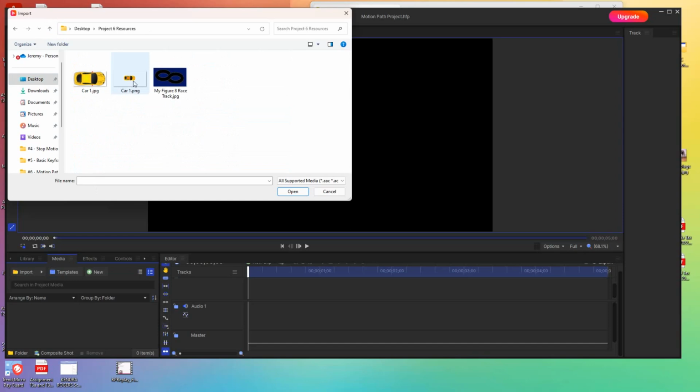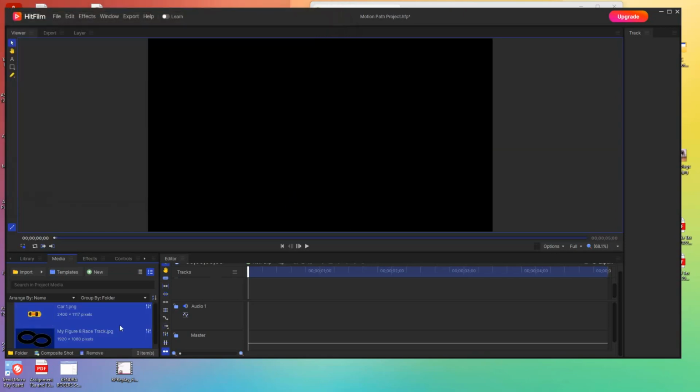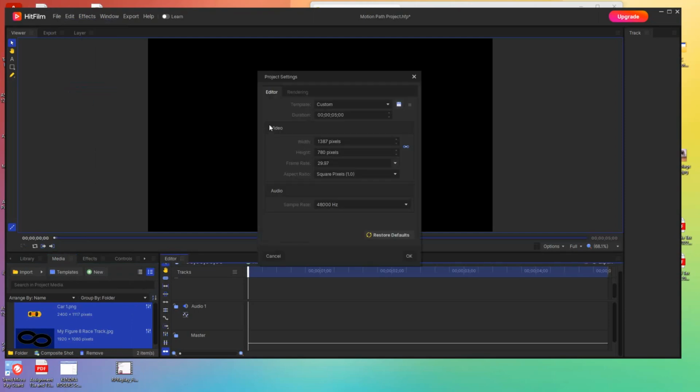So we're going to go ahead and grab, don't forget, don't grab the JPEG, grab the PNG with no background. So let's grab this and see if we can grab them both at the same time. I just held down Shift to click the second one. And there they both are here. And we're going to bring these into a new composite shot. So first, let's take a look at our editor settings here. So if we go to File, Project Settings, if you remember here, it says we have 1387